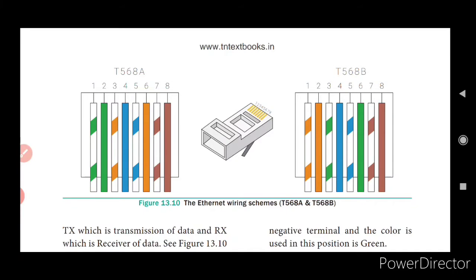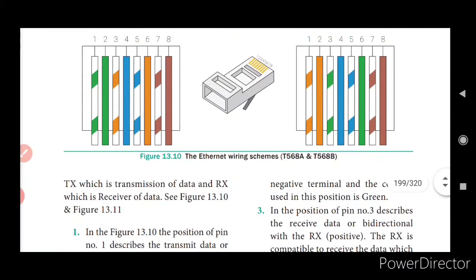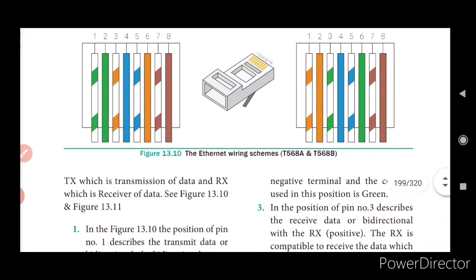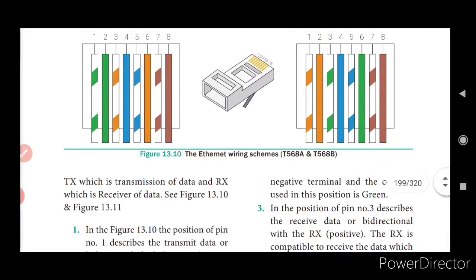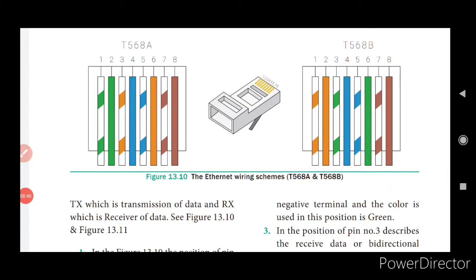This actually represents the wires. So your first wire represents what? It is actually pin 1, isn't it? Pin 1 is bidirectional. It can transmit from both ends. As well, your T2 is going to be negative, isn't it? So it is bidirectional and it is going to be negative transmission. Pin 3 is a combination of white orange and white green, and they are also bidirectional. They are used for receiving the signal.